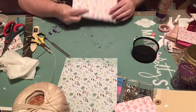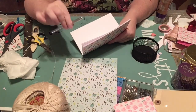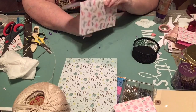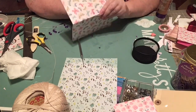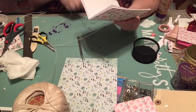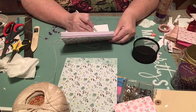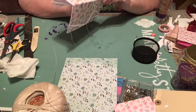Now I'm just going to tuck my pages in, get it nice and level, and then I'm going to take this, I don't know what you call it, pokey tool thing, and I just eyeball the center and poke it straight through. Keep the pages held together well, and I start my thread through. And you're going to leave a tail, and then what I do is come to one of the ends, and about 1 inch from the top of it, I just poke it through,